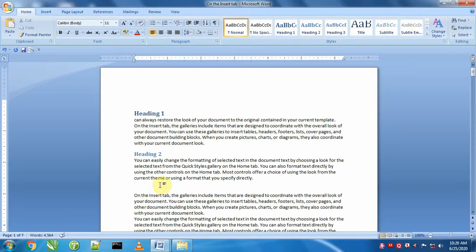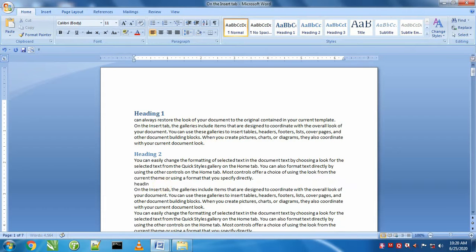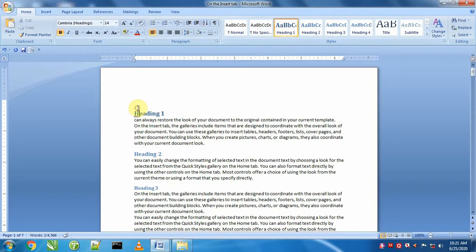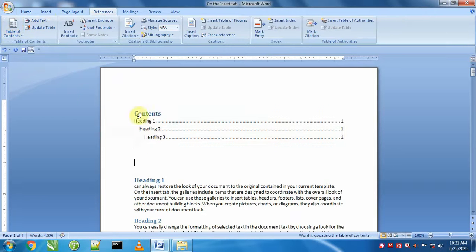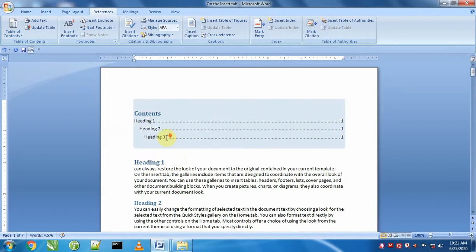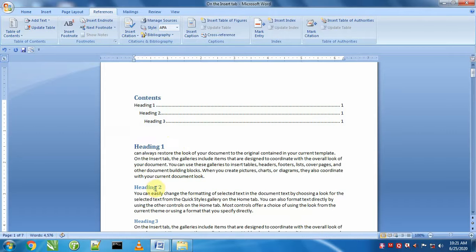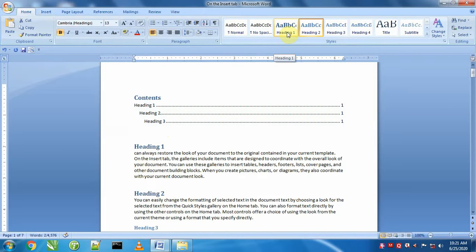And it is heading 3. These are the 3 headings. Now put the cursor here, press enter, and from references we will create an index. So we can look here, it is heading 1, it is heading 2, it is heading 3. Suppose I select this heading 2, go to home and set it as heading 1. So both these headings are equal now.